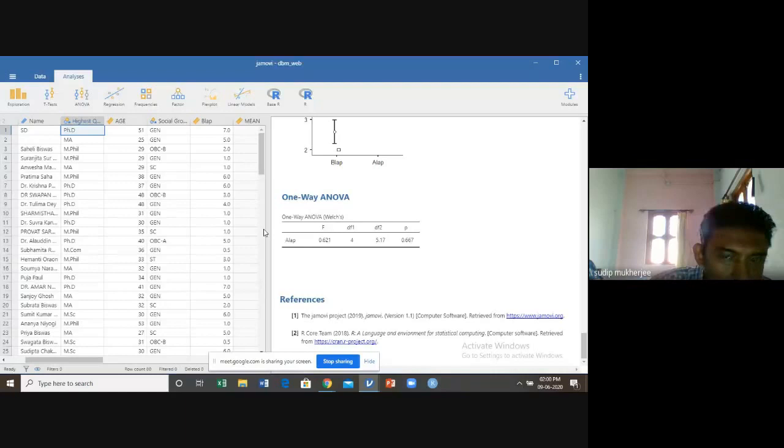Now, the last objective of today's session. Suppose one wants to know, age-wise, what is the effect of age on usage of computer?